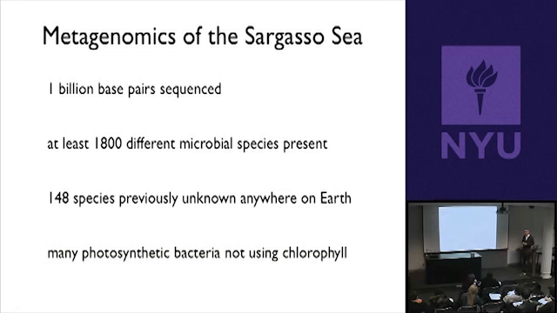In that seawater, and even more than that, they got sequences that didn't match any organism in the database already. So 148 species in their sample were not known from anywhere else on Earth. This is just 1,000 gallons from one part of the ocean. You can imagine what would happen if you did this on all of the possible environments on Earth. The amount of discovery of species would just be astronomical. There would be thousands and thousands and potentially millions of species discovered that way that we didn't know existed.